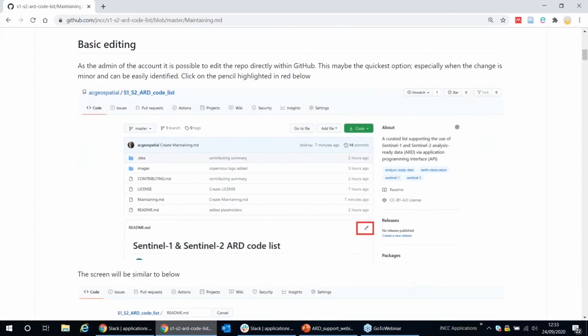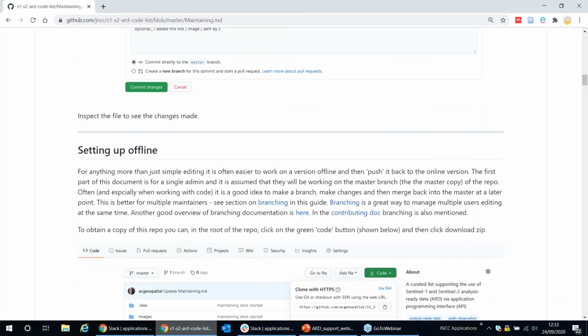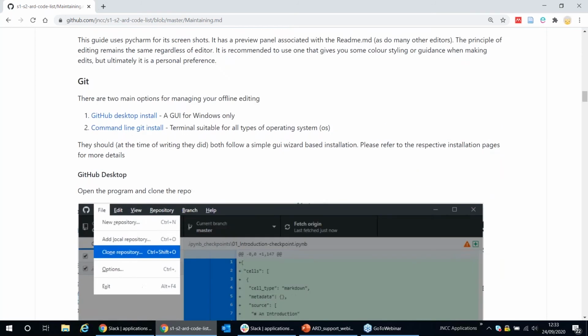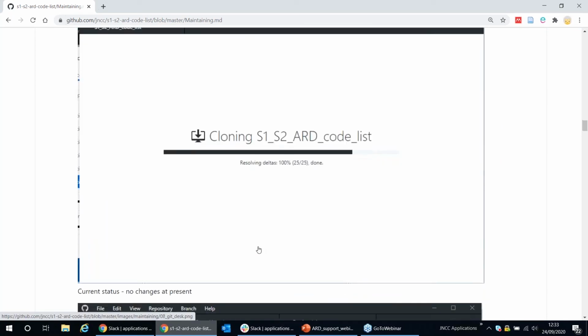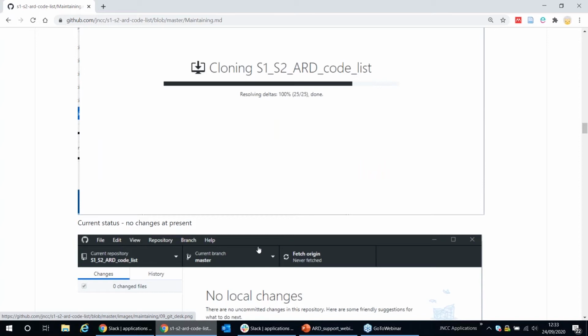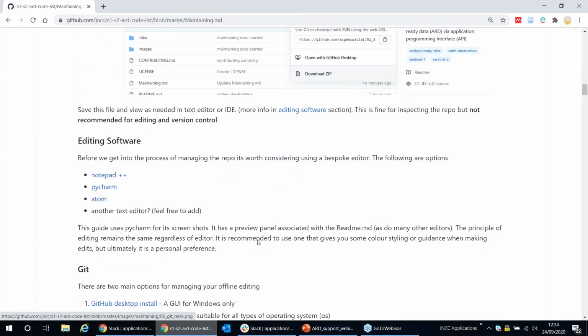And again, we'll just quickly scroll through this. You can see this is really nicely laid out, lots of screenshots to help you get familiar with this if you're not an experienced user of GitHub yet. So this is telling you everything you need to know if you would like to contribute to our list through